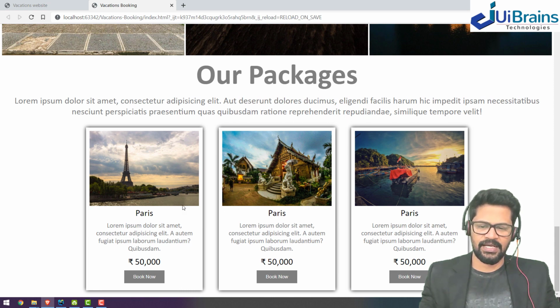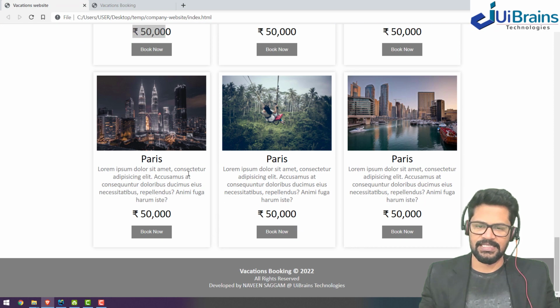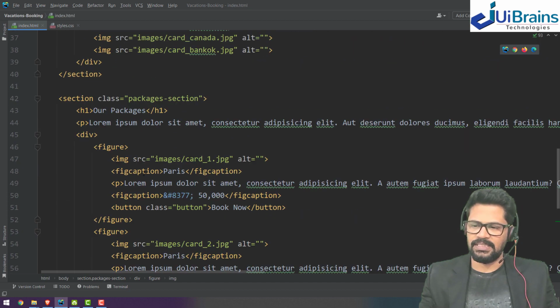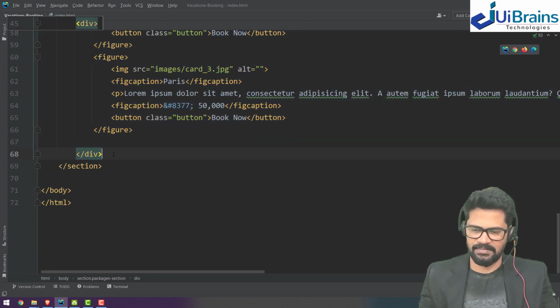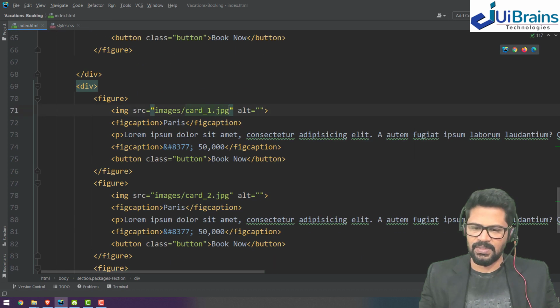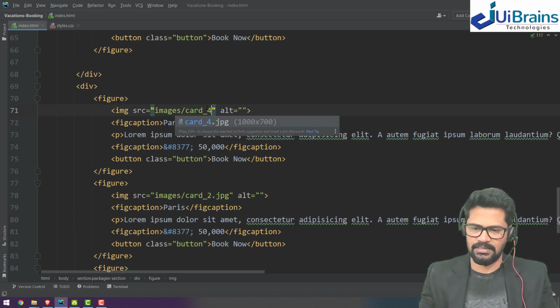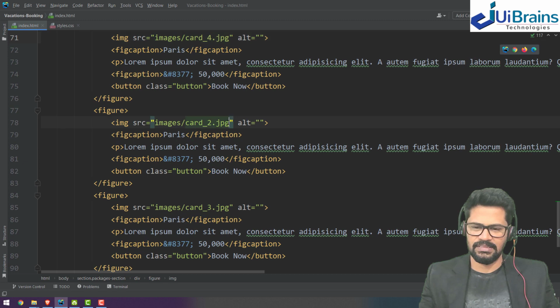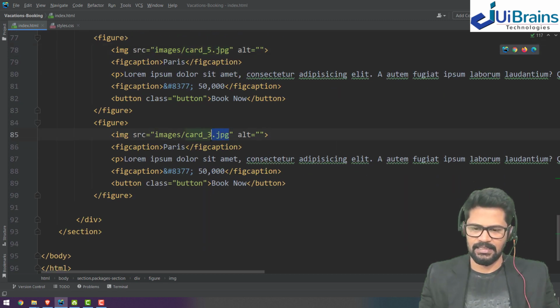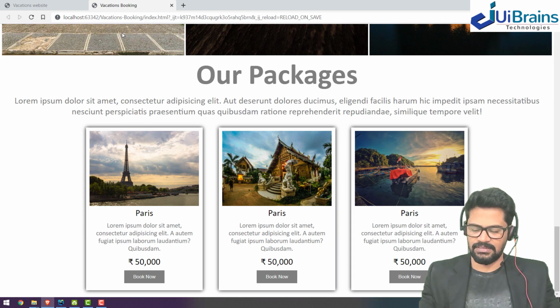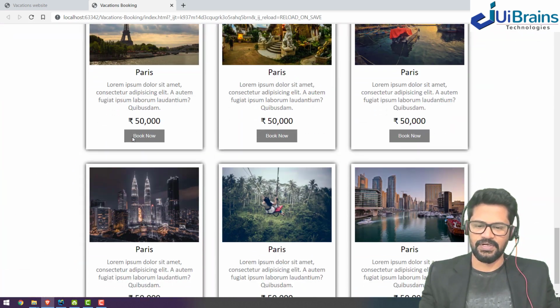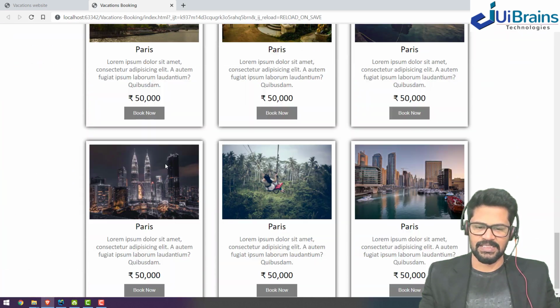And under that we have another row of cards. So I will take this division, copy and paste again. So I'll change the cards with 3 over 4 and then the card 5 and then the card 6. Okay, so let's refresh. So you got another set of cards as well.